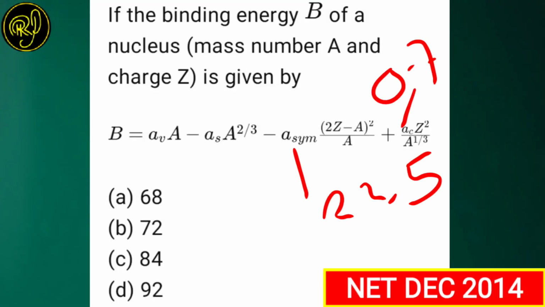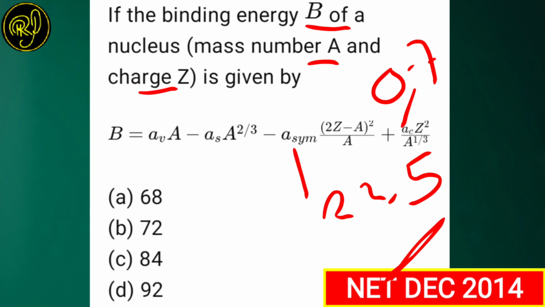Welcome back to the 1200 plus PYQ series of the CSIR NET examination. This question was asked in NET December 2014. The question says that if the binding energy B of a nucleus having mass number A and charge Z is